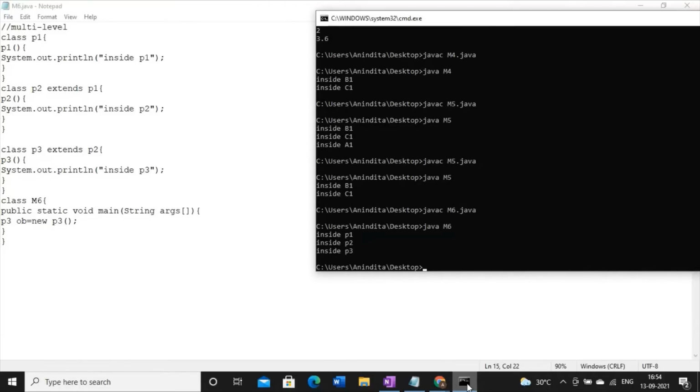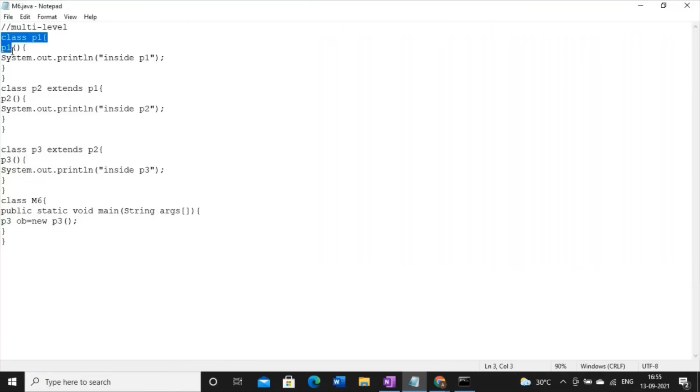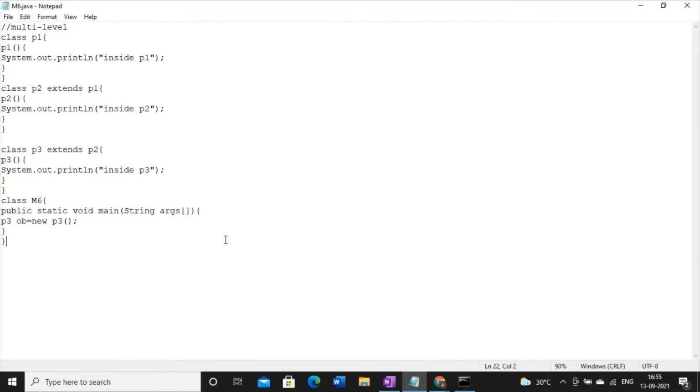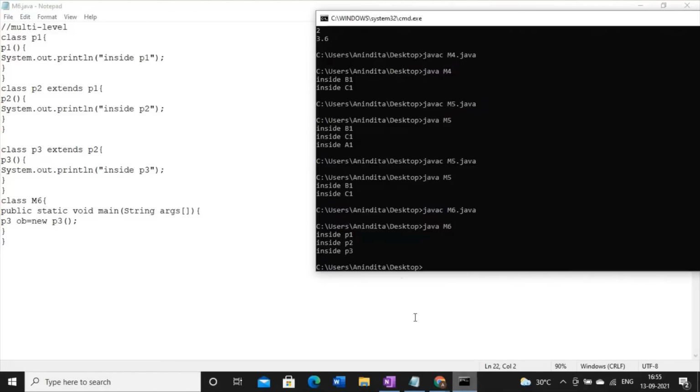P1, P2, P3. So here the answer is, since we are talking about inheritance, due to the hierarchy of the inheritance, always the superclass's output will come first. This is the general rule.